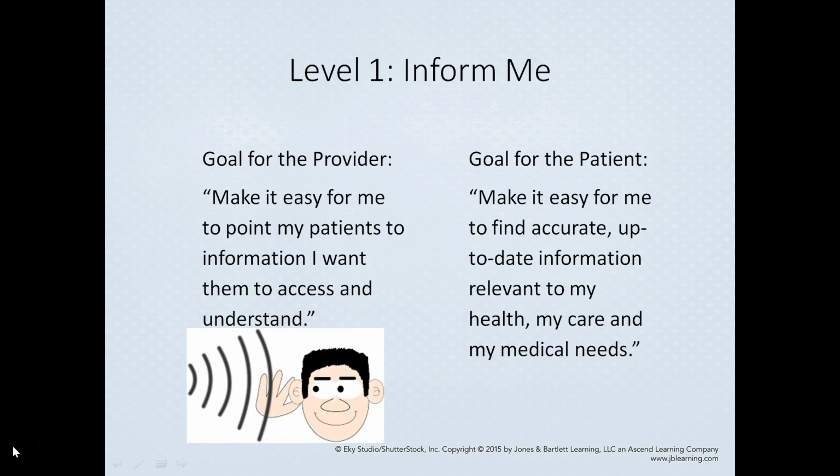So the first level is inform me. This level is about providing patient information. So the goal for the provider, make it easy for me to point my patients to information I want them to access and understand. This level of framework provides modest benefit without disrupting clinician workflow. And then for the patient, make it easy for me to find accurate, up-to-date information relevant to my healthcare and